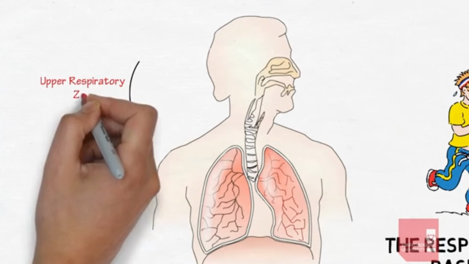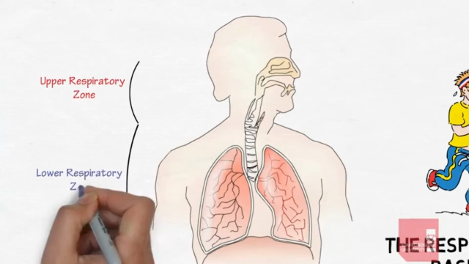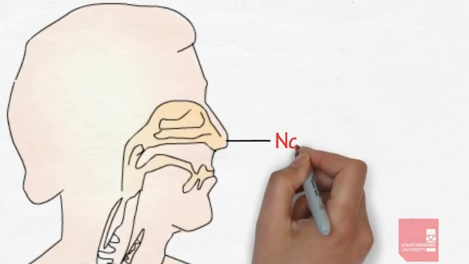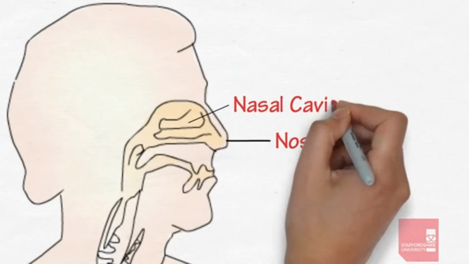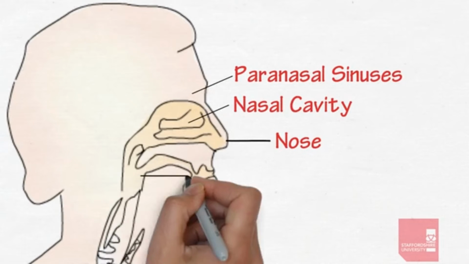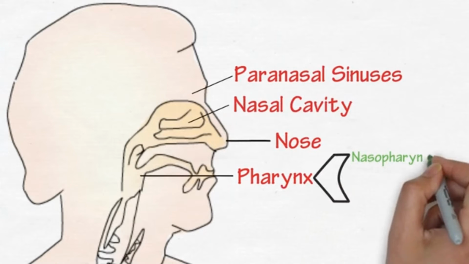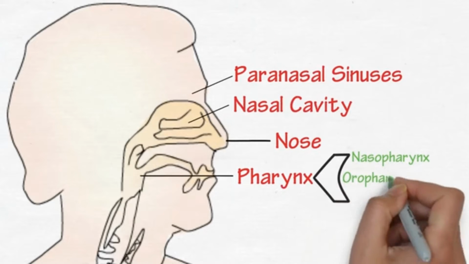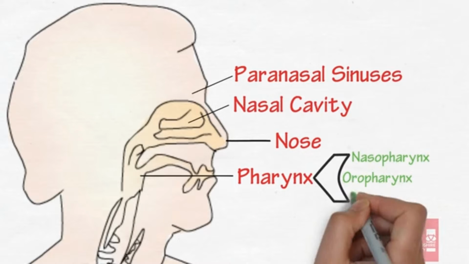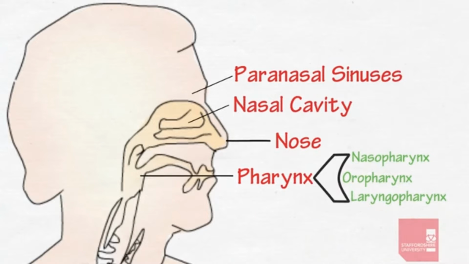The upper respiratory zone and the lower respiratory zone. The upper respiratory zone consists of the nose, the nasal cavity, paranasal sinuses and the pharynx, which is split into the nasopharynx, posterior to the nasal cavity, the oropharynx, posterior to the oral cavity, and the laryngopharynx, just above the larynx. And this zone provides a filtering, warming and humidifying service to help protect the delicate surfaces lower down in